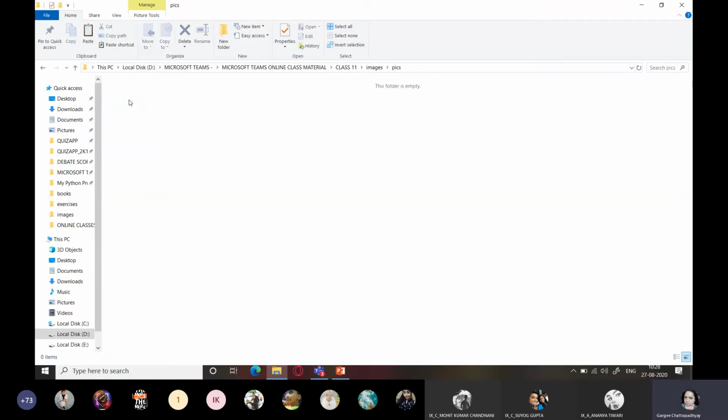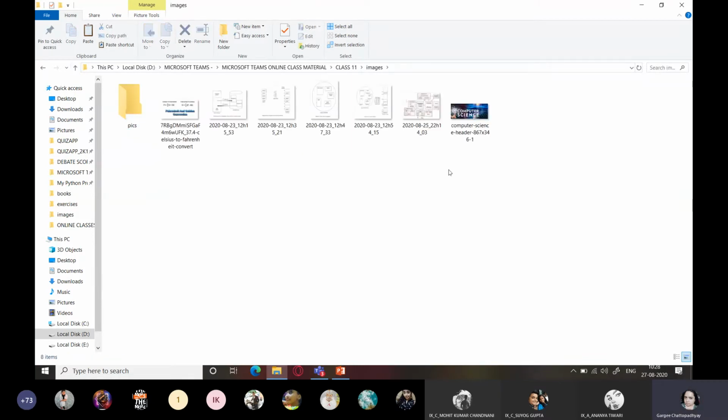Another way is to keep the control key pressed. First select the files. Suppose I want to select this file and this file. So I kept the control key pressed, selected them, and now I have released the control key. Now I'm not going to move, I'm going to copy, just place another copy of these files here. Means the file should be present here also and here also.